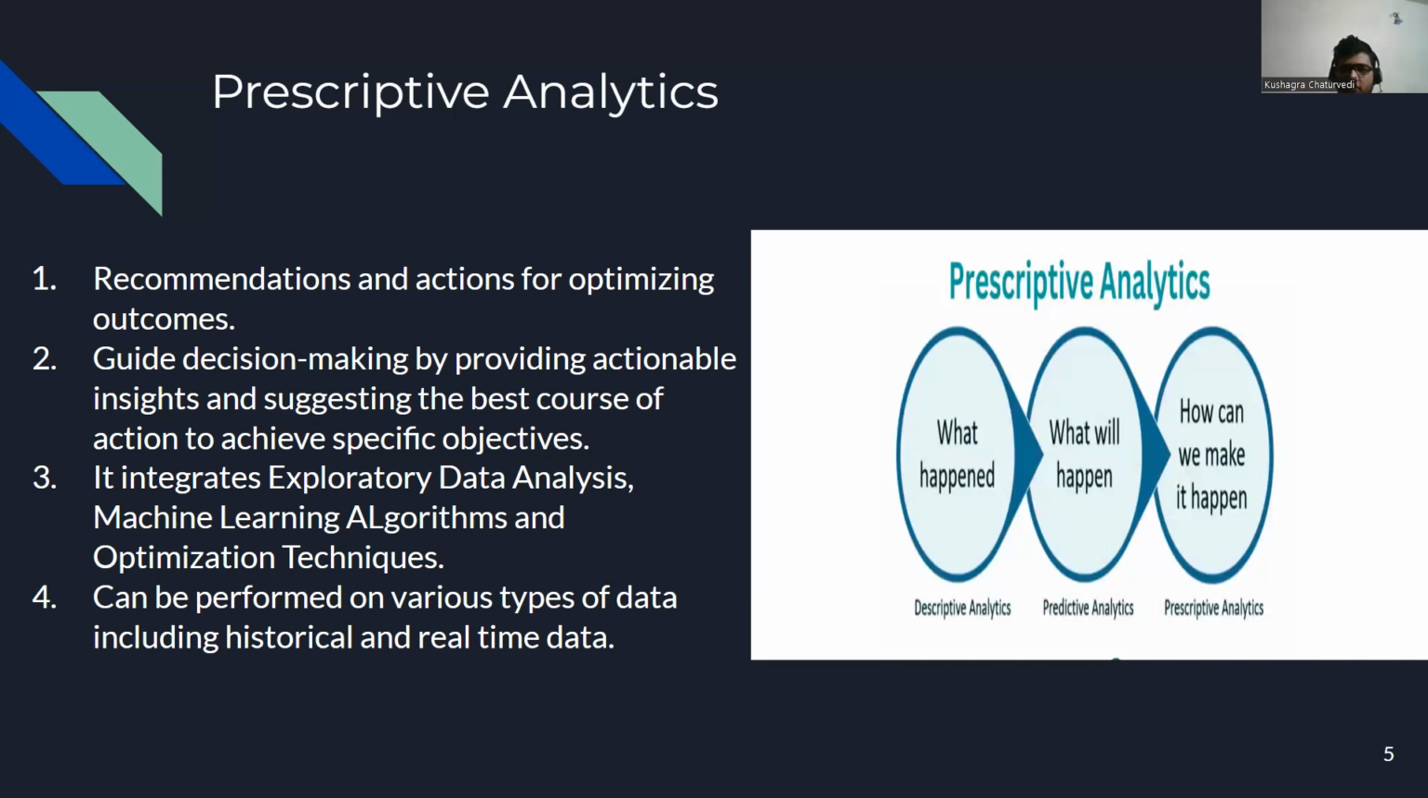So it focuses on the recommendation rather than the prediction and analysis of the part. The main goal here is basically to guide the decision making process. It provides insights, the prescriptive analytics, and guides us towards the most optimized solution towards that action and towards our task. It also involves the integration of data analysis, predictive modeling, machine learning algorithms, optimization techniques,